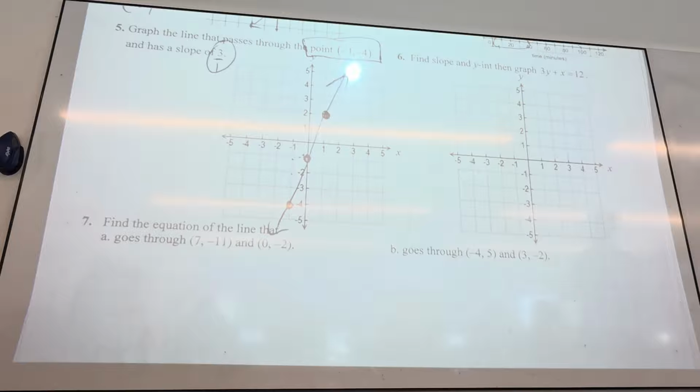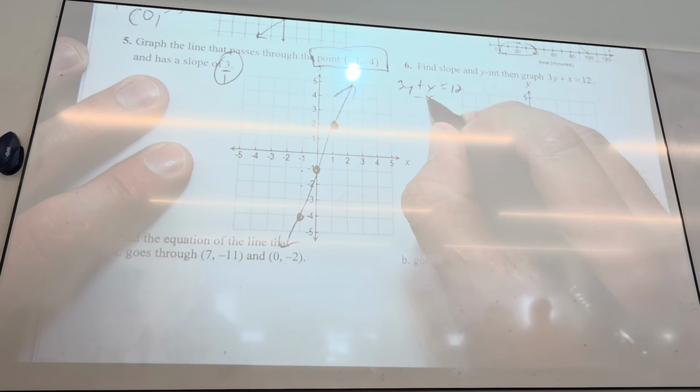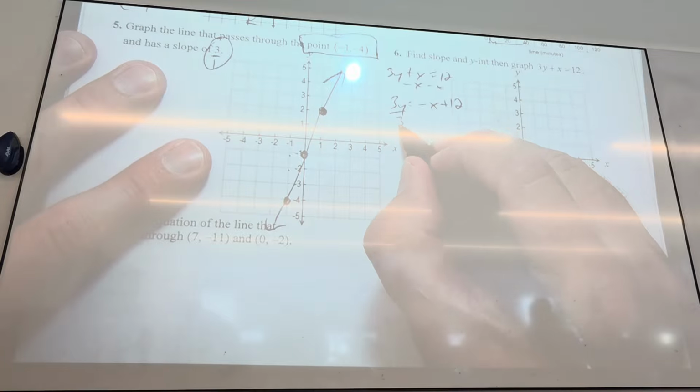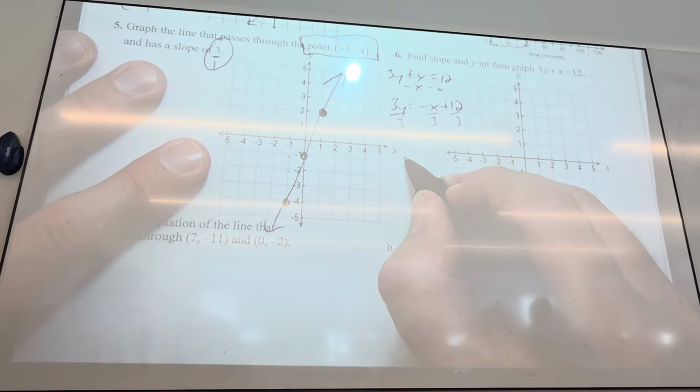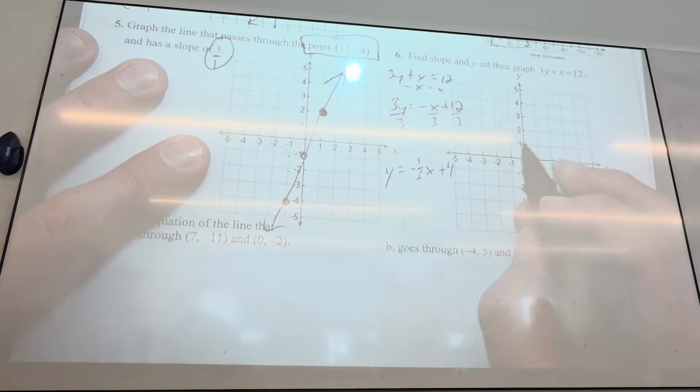On one level, students don't trust this, and I don't blame you. But if you just solve for y, everything falls into place. It feels like that can't be right, but that's how lines work. So how do I algebraically solve this equation for y? Subtract x. I'm going to put it in front, to put it in the right order. And divide each piece by 3. What's a better way to write negative x over 3? Negative 1/3 x. Good. And 12 divided by 3 is remarkably enough 4.